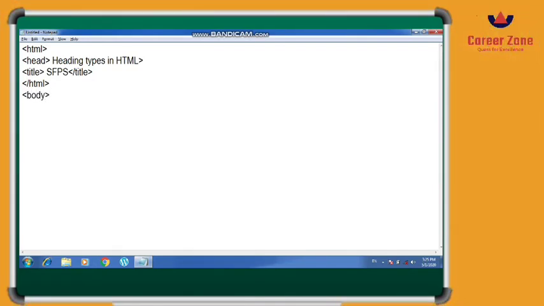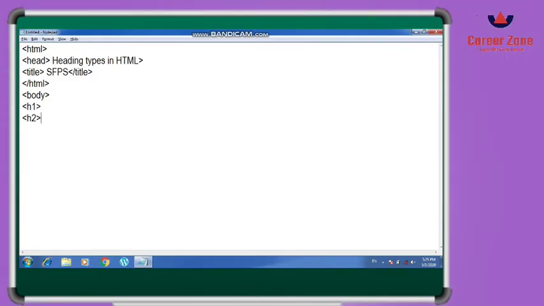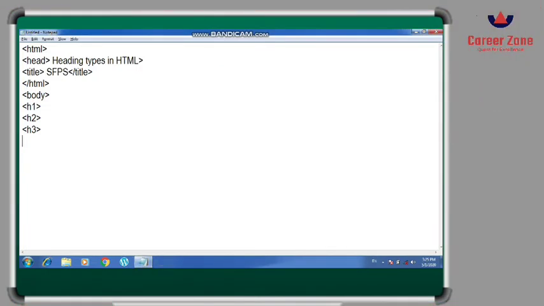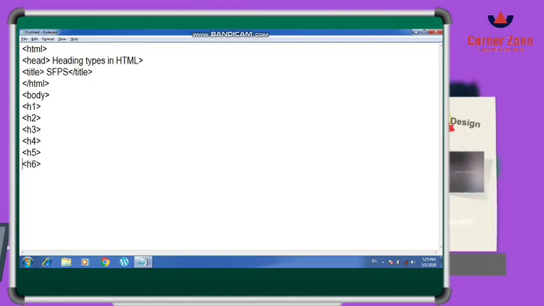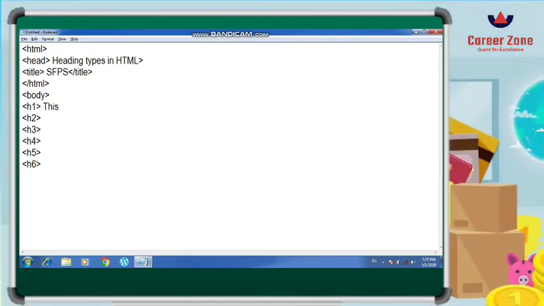and we will see how we can use the H1 to H6 heading tags inside the web page. So what you need to do is just open the H1 to H6 tags in your notepad, and write any one sentence within these tags, because when you write the same sentence in all the tags, it will make it more understandable how the H1 to H6 tags are different from each other in terms of sizes. So I've opened all the 6 tags together.